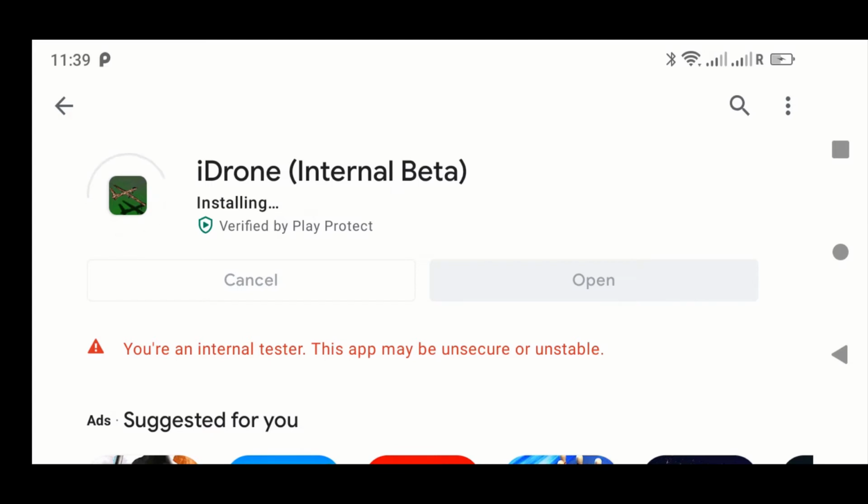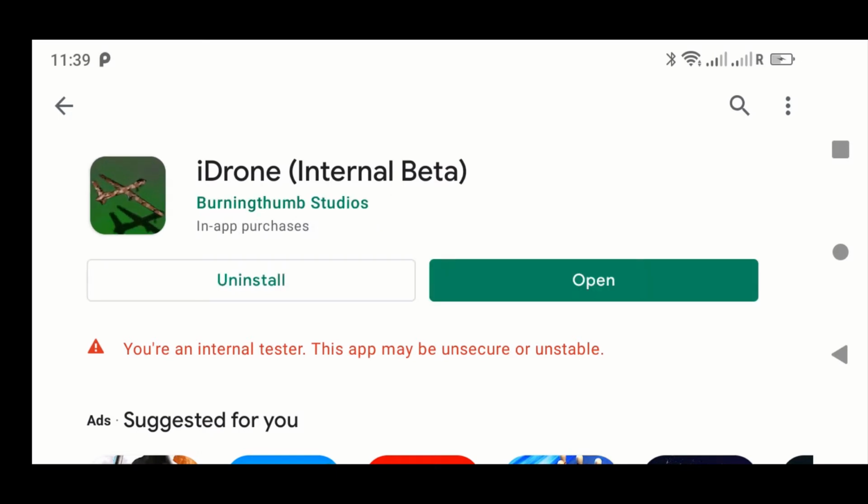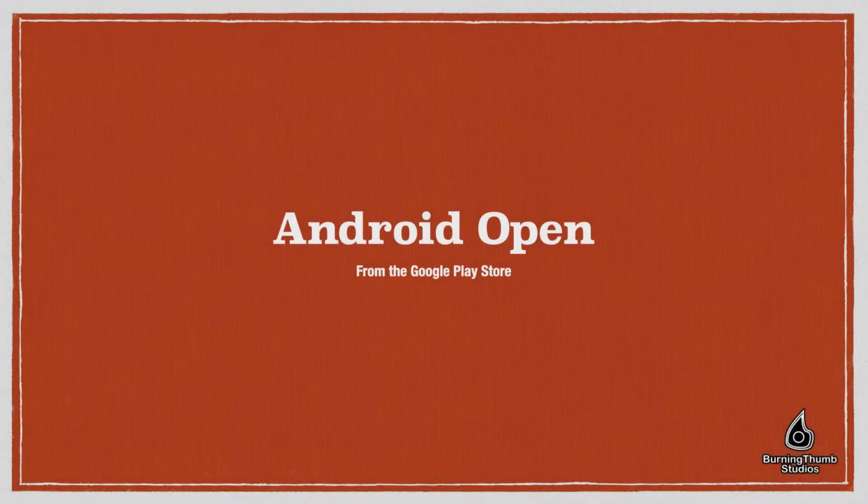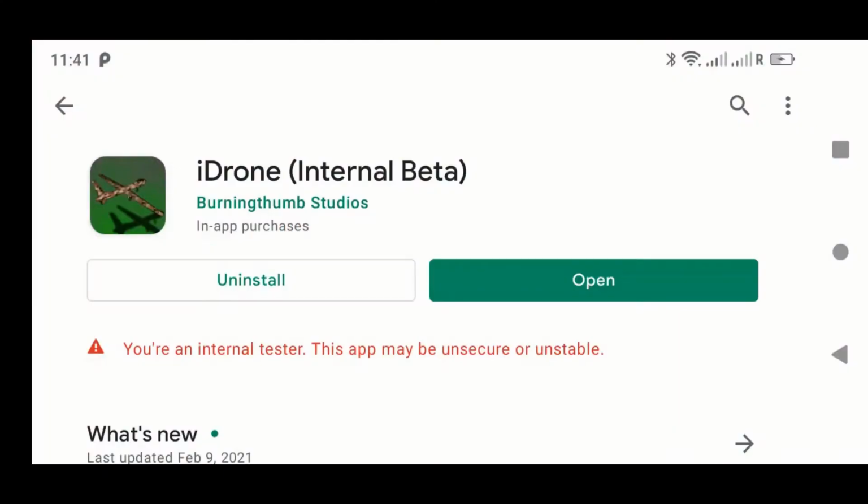Okay, we're almost finished downloading, and in just a moment the download will be done. Now we see it's installing, and when the install is done, that open button will become active. As you see, now it's active. So now to open the app, we just tap that open button in the App Store. And again, depending on your App Store, this may be slightly different.